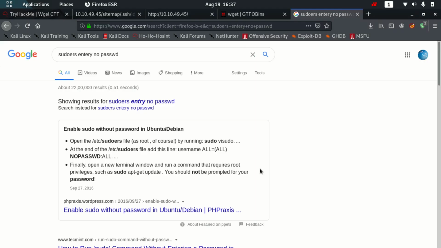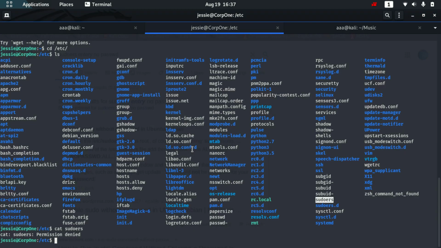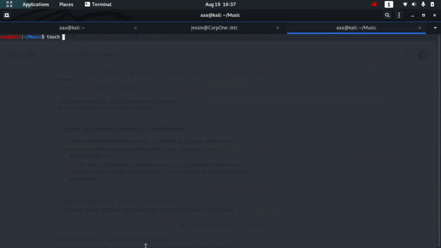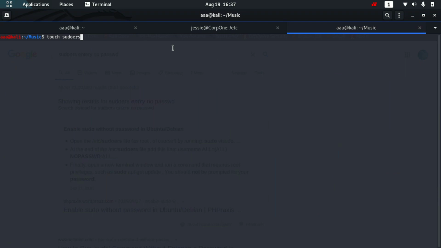So let's change the sudoers file. Let's make our own sudoers file first. So touch sudoers, making sure that the spelling is the same, sudoers, and let's nano sudoers.